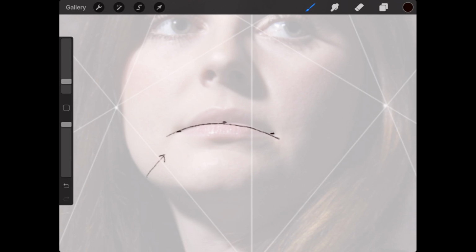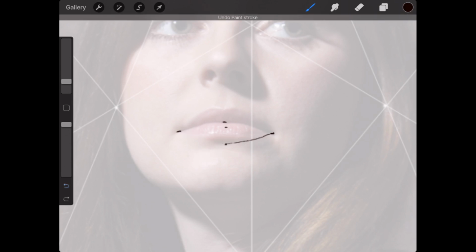If you're looking at someone more level, those points would be more even, like this. And if you're looking down on someone from above, that arc is going to be more like this, right? So you would see more of the bottom lip. Okay, so just keep that in mind when you're drawing a portrait.